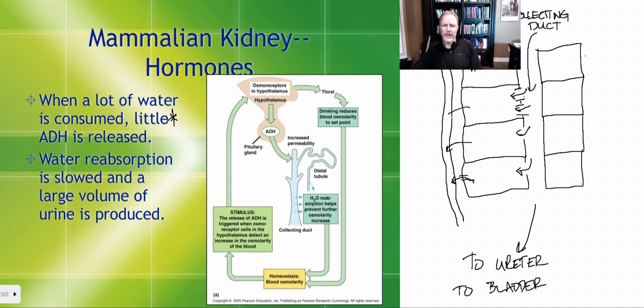And that's how we're going to work to reabsorb the water, because we're thirsty, and that's why we're releasing the ADH. The blood concentration is too high, and then that's going to reduce the volume of the urine and make very concentrated urine,